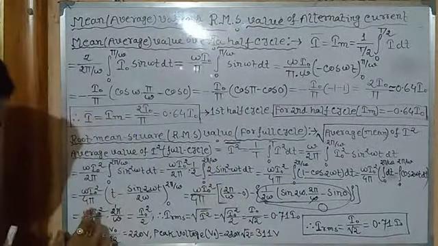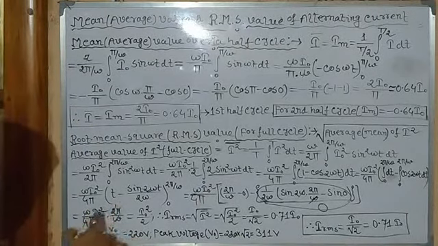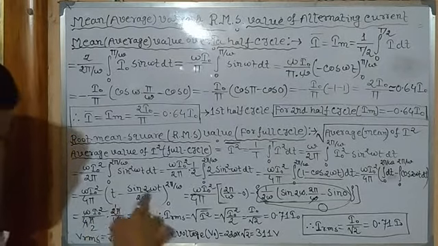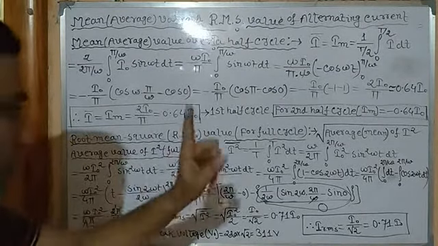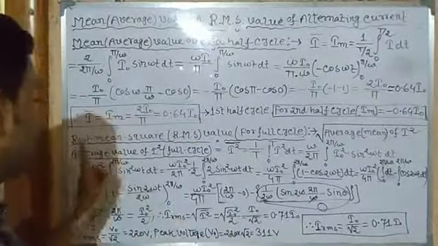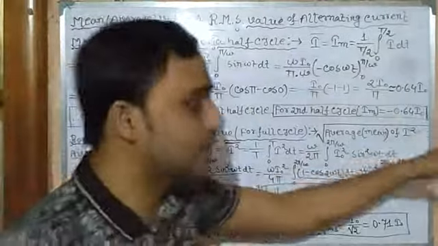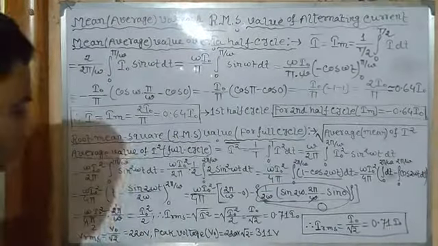So now we have only this part: omega I0 square divided by 4 pi into 2 pi by omega. Omega cancels, pi cancels, 2 cancels. So we are left with only I0 square by 2. Now this is the average value of I square. We have not completed the root mean square value because now the square root is left. So I RMS equals the square root of this.